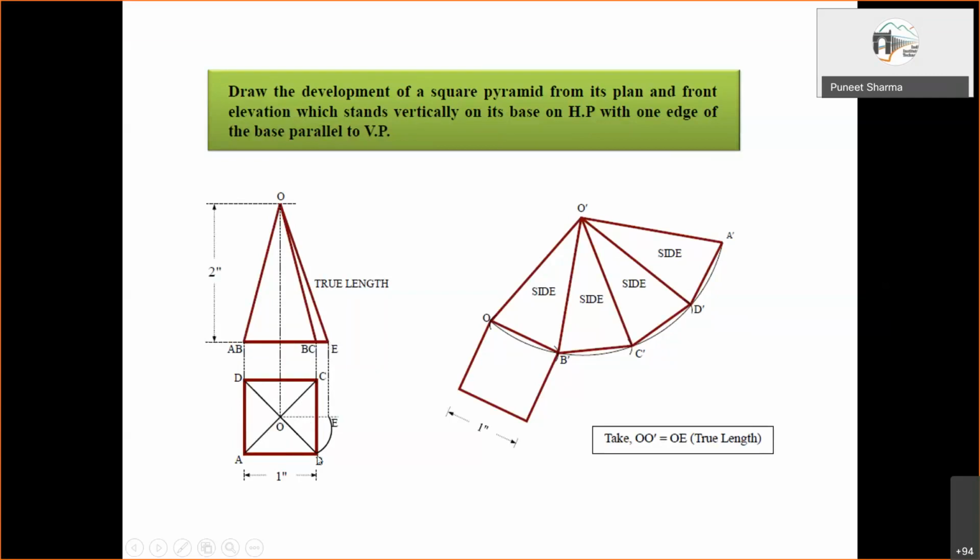If this edge is parallel to the XY line in the top view, its front view will give the true length. So we get the true length from here and then we can draw this development. This slide is primarily only for that purpose. I hope it is clear to everyone. We can have a look at the next one.